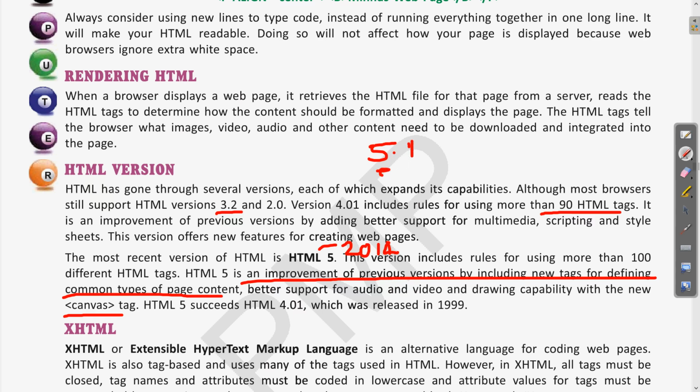So 5.1 was released around 2016, then 5.2 was released around 2017 or 18. Clear? So this way, as we progress and technological advancement happens, we get new versions of these programming languages also. I hope this is clear.